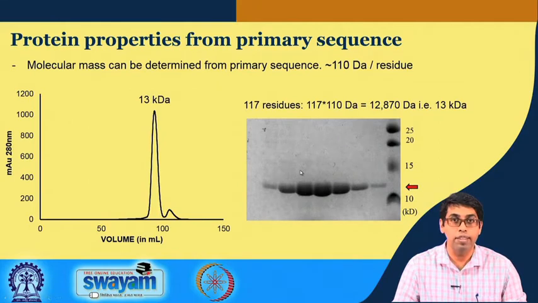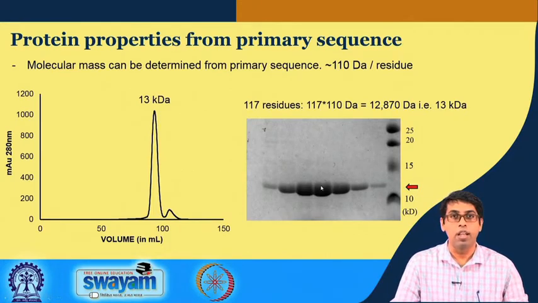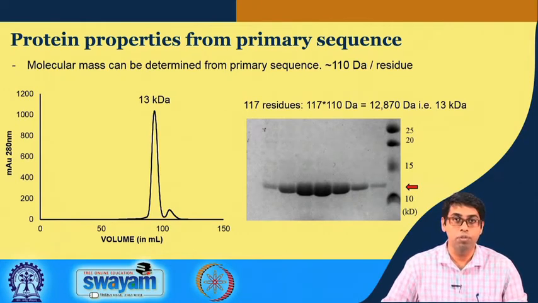Similarly, in SDS-PAGE gel electrophoresis, the fractions collected from this peak were run on this gel, and you can see that it is a highly pure protein. There are no bands up or down, and these bands correspond to a range between 10 and 15 kilodalton. These are the molecular weight markers, the standard known masses of proteins, and 13 kilodalton will be somewhere here. So, using these two techniques, we can confidently tell that our protein has the right mass. Most probably it is the right protein that we intended to purify.